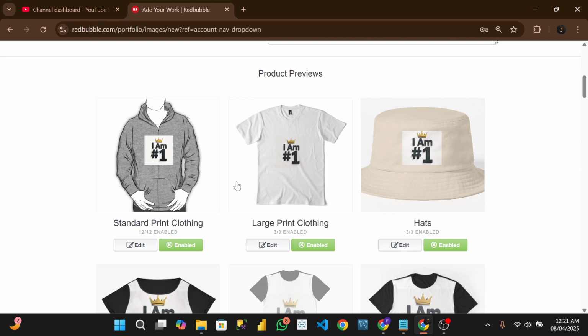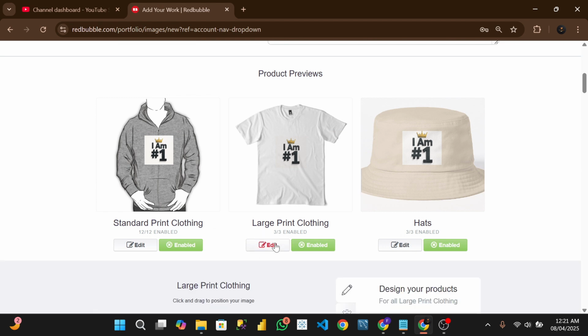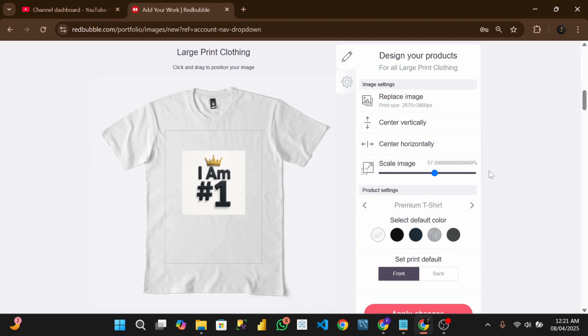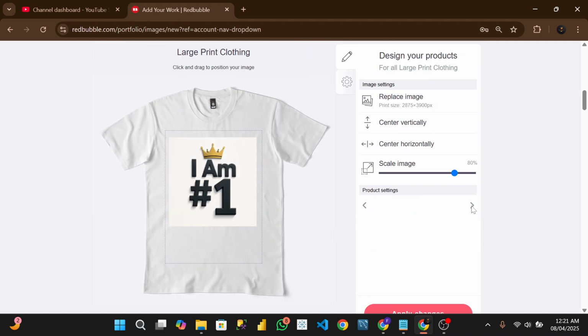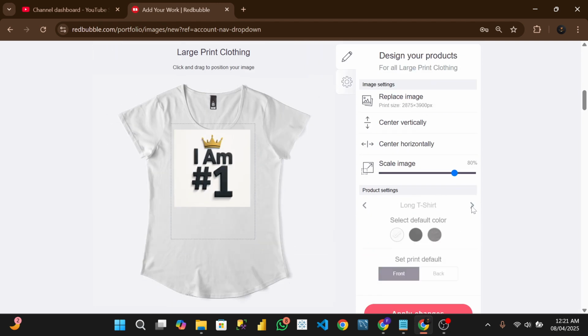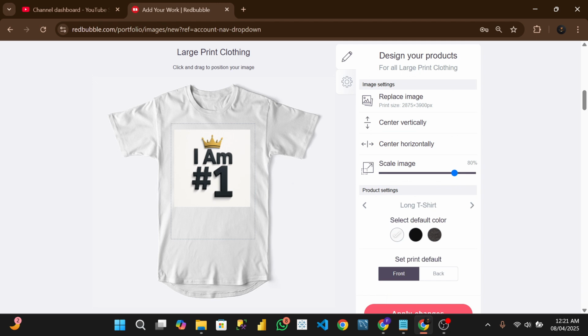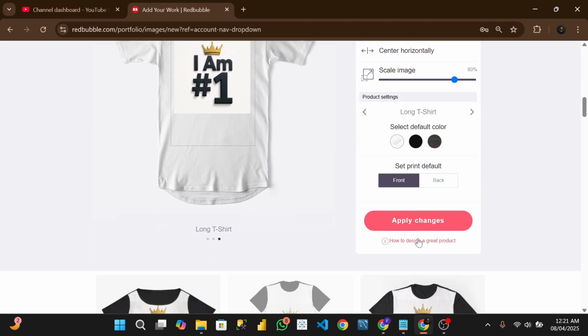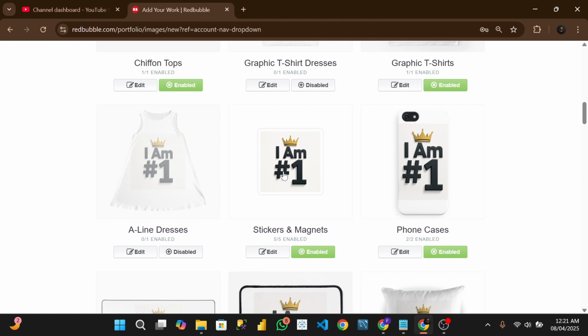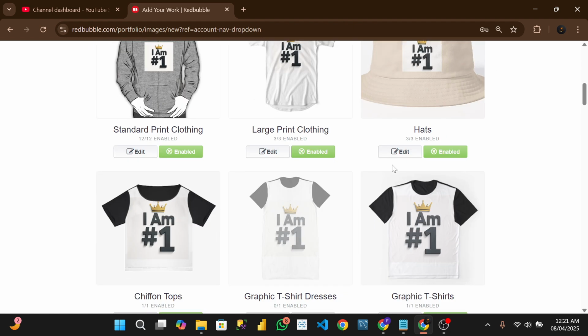Now you come to this place, to this particular one. You can just edit all of them the way you want. Scale image, you can increase it. Right now they also have different colors, this and this, so you can decide to change the color, but I love it this way. Then I will click what? Apply. This cap,